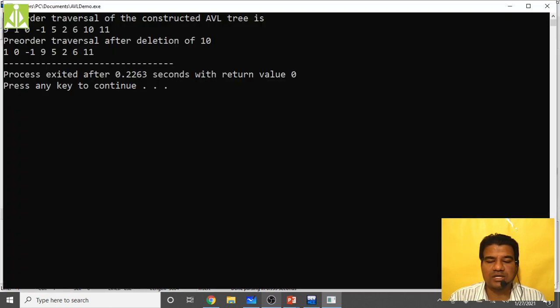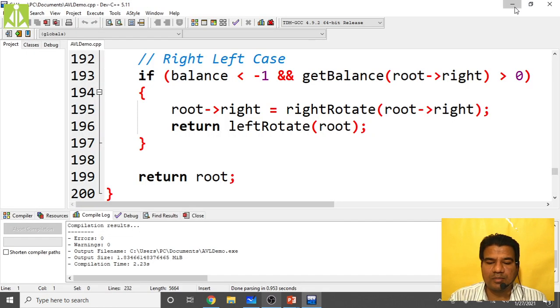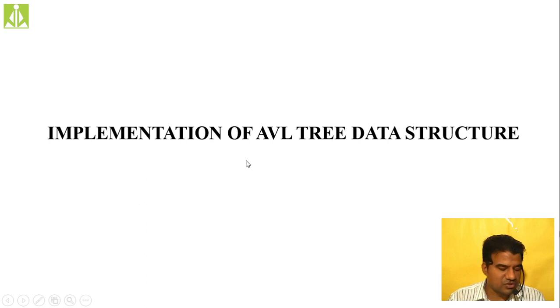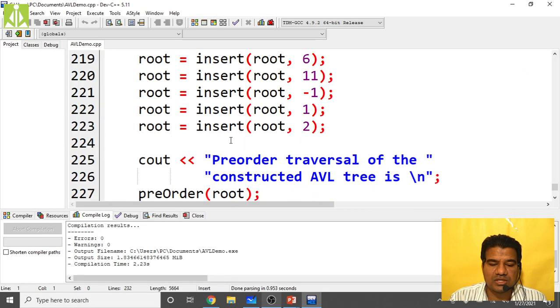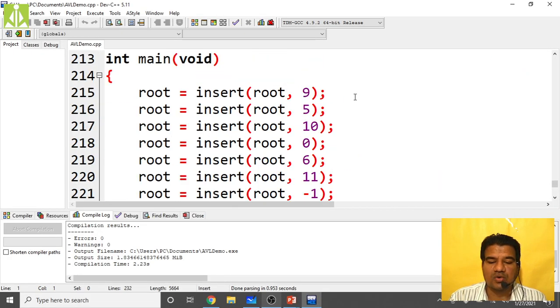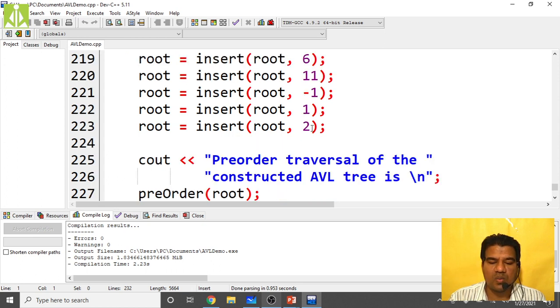getting the proper result. So I just want one thing from you people: whatever tree construction and whatever nodes I have taken over here to do the tree construction, in the same way you have to take the nodes 9, 5, 10, 0, 6, 11, -1, 1, 2.